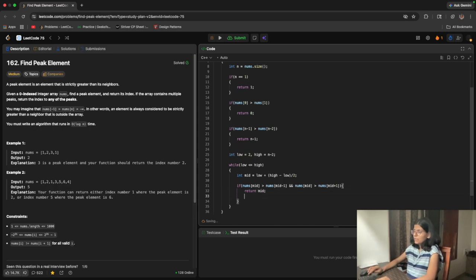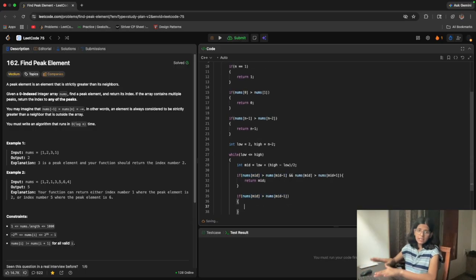That's what it is asking. If this condition is not satisfied, then we'll check the first condition, which is nums[mid] greater than nums[mid-1]. If this is true, it basically means I am on a positive slope, greater than the previous one.